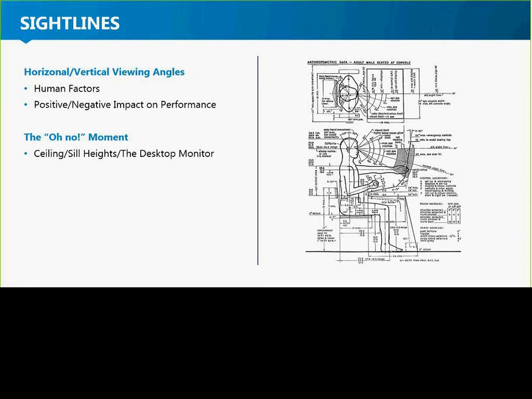But from a general perspective, if you're at the 50,000-foot view about how can I employ some best practices with sightlines, one of the things that I find that a lot of my customers miss when they're either designing a new facility or, let's say, for example, implementing a video wall solution in their command center, and maybe they're working with an architect, maybe not, is that where you're sitting at the command console with a monitor in front of you, there is a distance between the floor and the top of the monitor at that console. And then there's a difference between the floor and the bottom of the sill height of the video wall